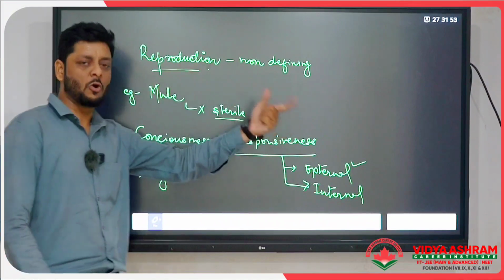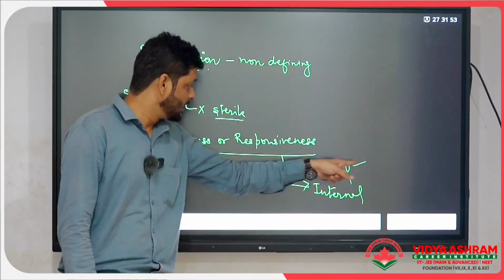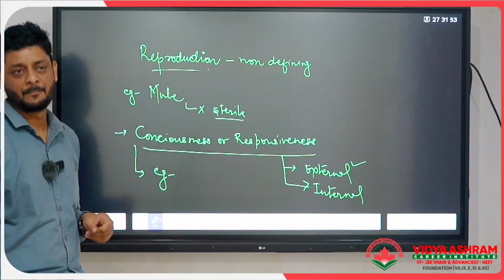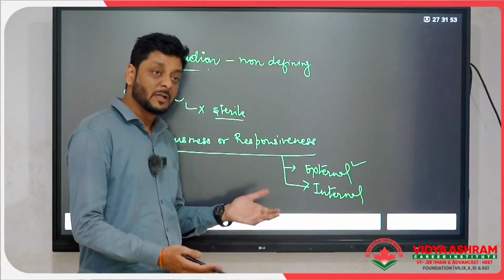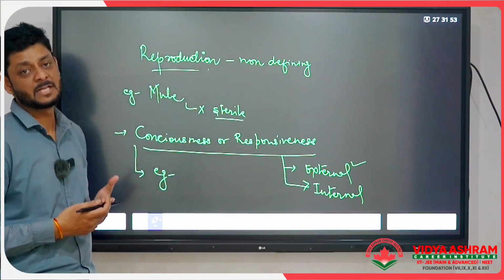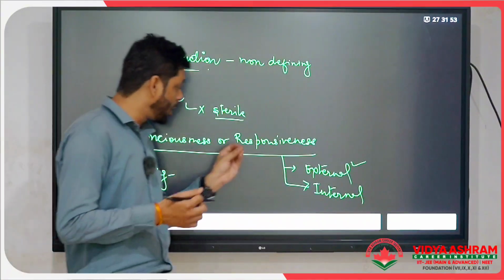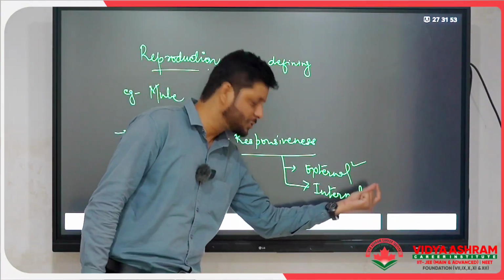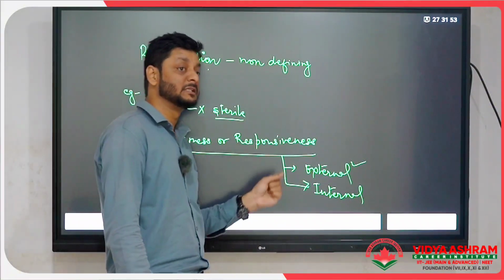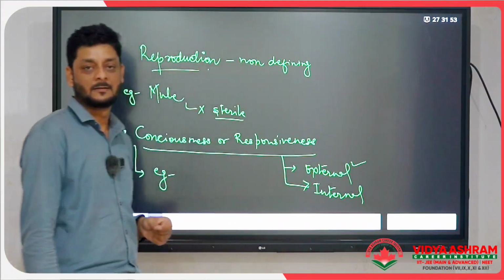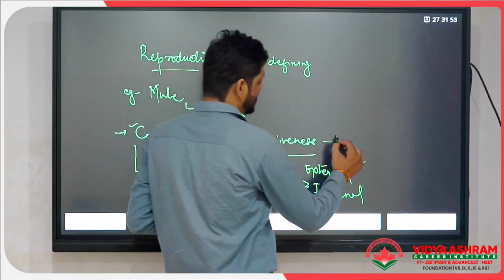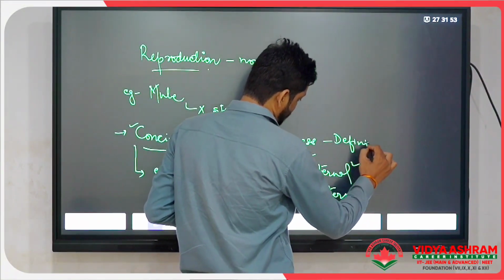The person who is in a coma is not responding to external stimulants, but if certain organs are functioning in the body, the body or its organs are internally showing a response. That is why the person is not said to be dead. He is said to be living. So consciousness or responsiveness is a defining property,